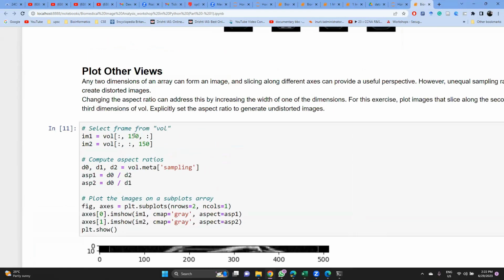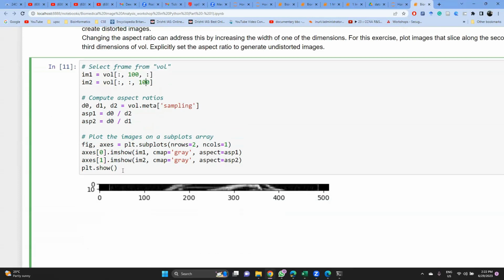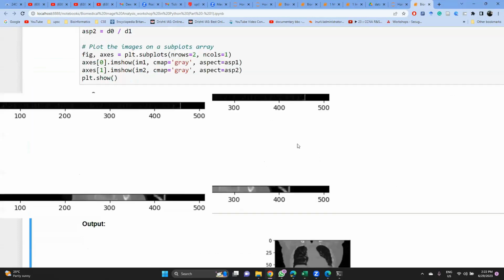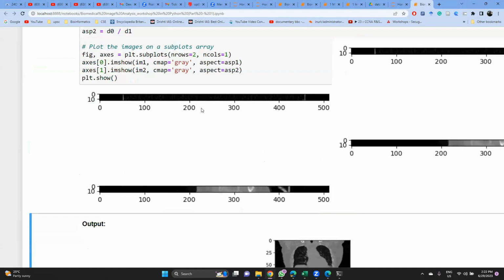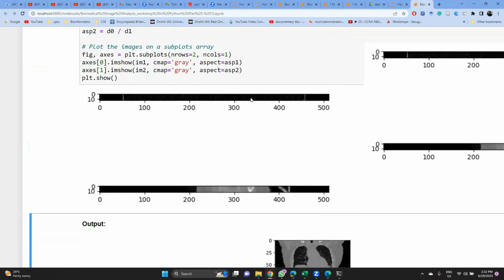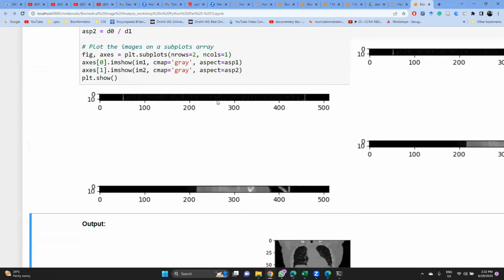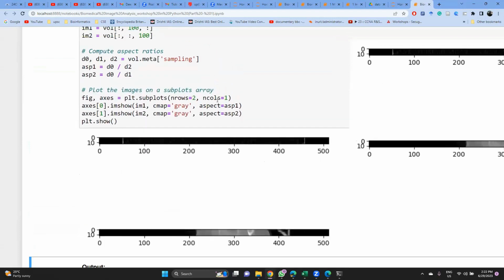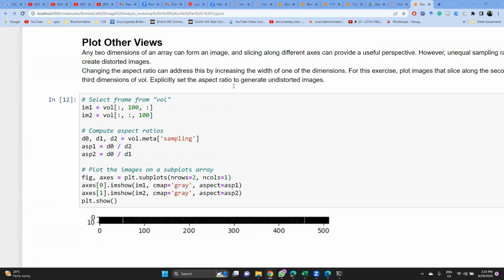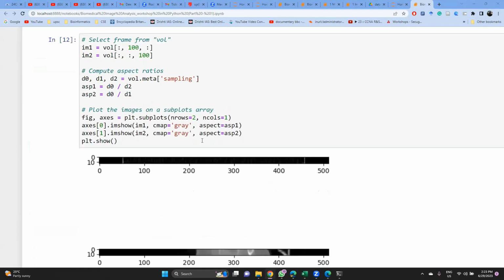So what is happening over here? We can make the changes. It's like as if we want 100 cross 100. So it is giving us some sliced window over here. Now the position of your particular image has changed. So through this particular sheet, we can do a little bit of modification, and we can analyze the basic property